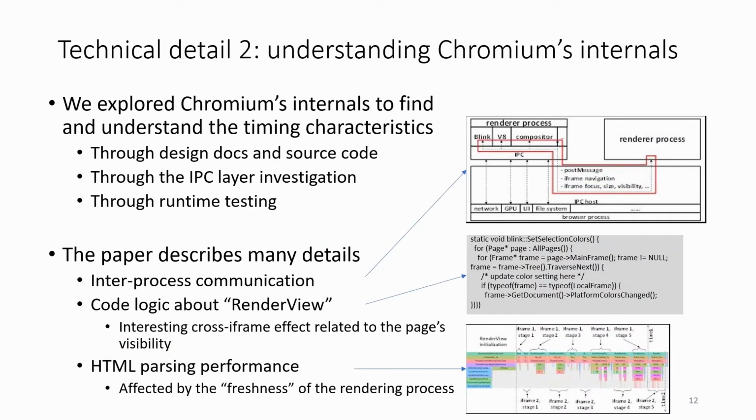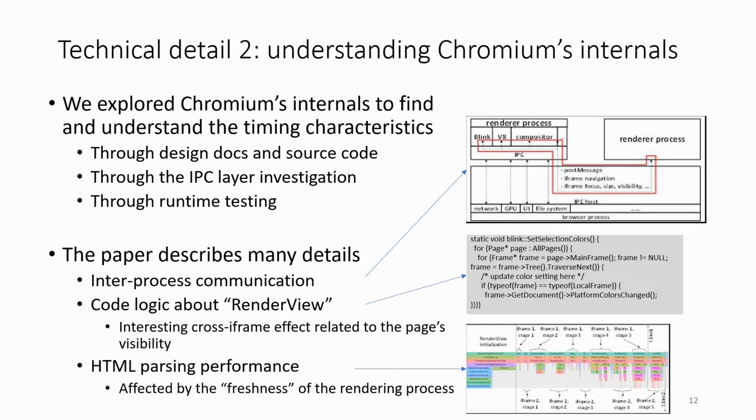The second set of details is about understanding Chromium's internals. We explore Chromium's internals to find and understand the timing characteristics. This was achieved through design docs and source code, through the IPC layer investigation, and through our runtime testing. The paper describes many details. For example, we talk about